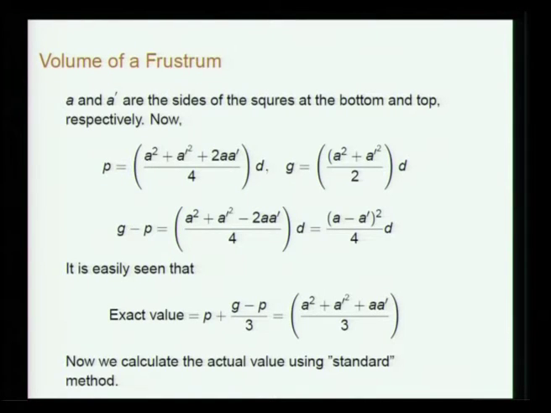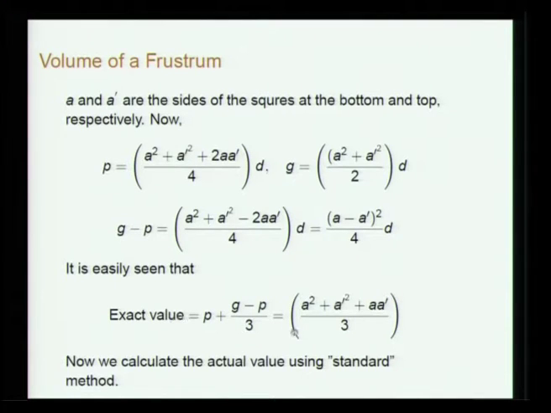One can find this for a square kind of cross section. So, remember that p comes as (A plus A prime) whole square by 4, that comes. So, A square plus A prime square plus 2A prime by 4 into d. This is the practical, the gross is this. So, g minus p is this.